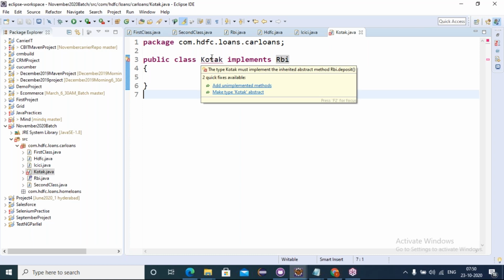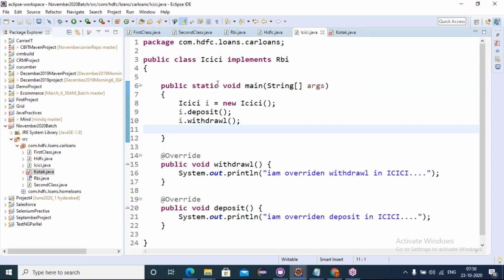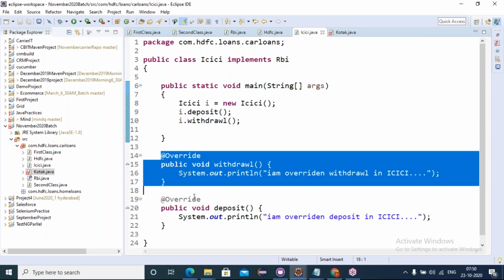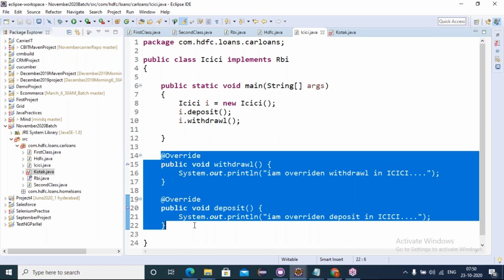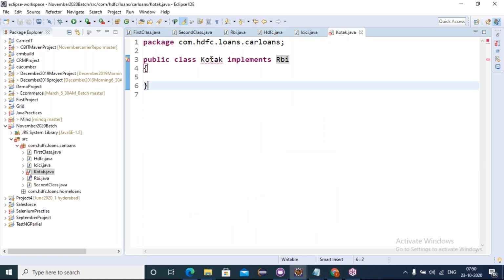Now, see, friends, here we can see an error: unimplemented methods are there. Earlier, we chose add unimplemented methods, so we implemented all the unimplemented methods of RBI in ICICI, and also in HDFC.